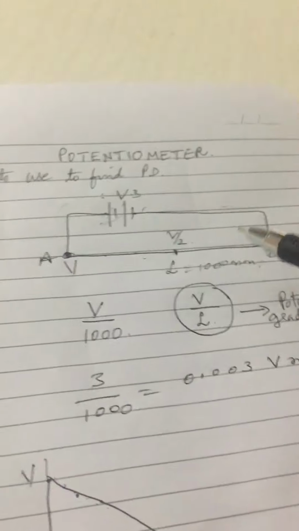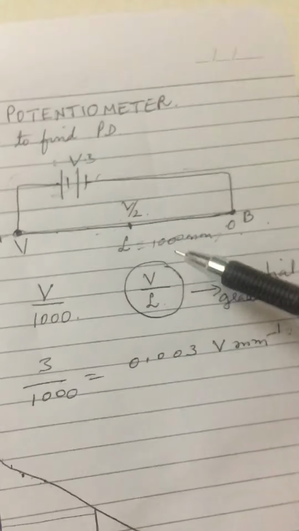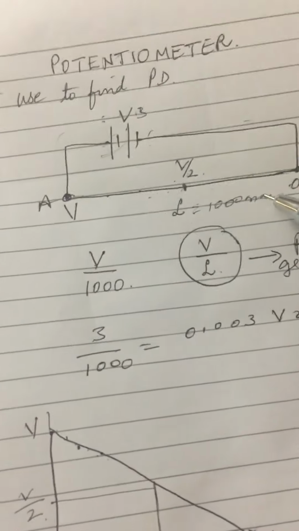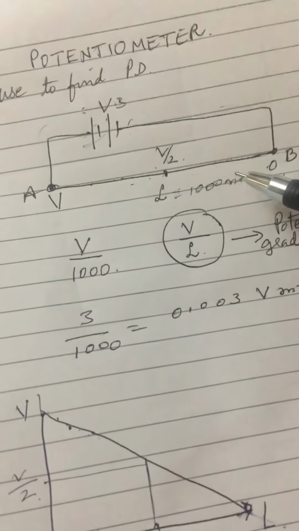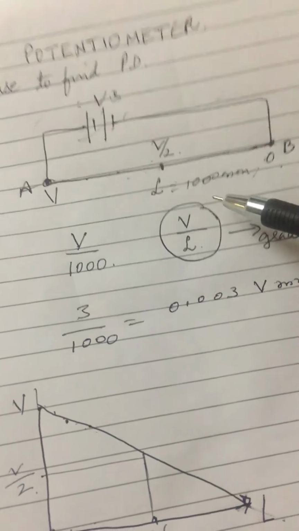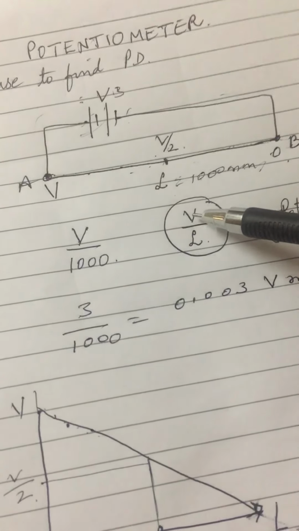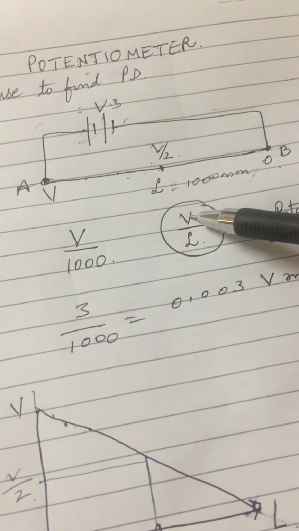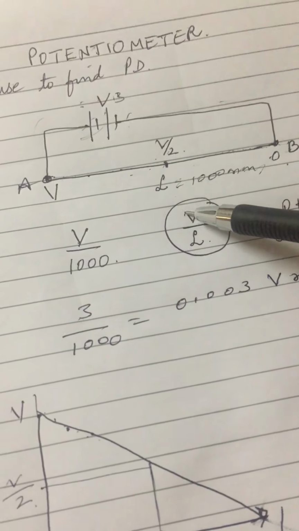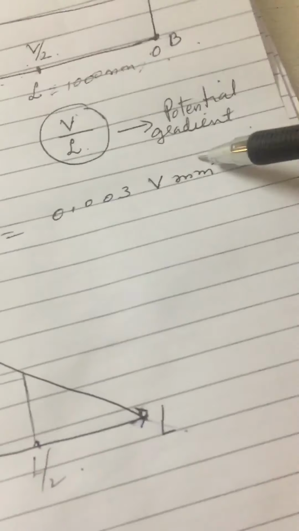Okay. Now, ultimately this potentiometer is used to find the potential difference. So when I am using it to find the potential difference, I definitely want accuracy in my values. So how do I increase the accuracy? Simple it is. The accuracy can be increased by decreasing the voltage, because lesser the potential gradient,